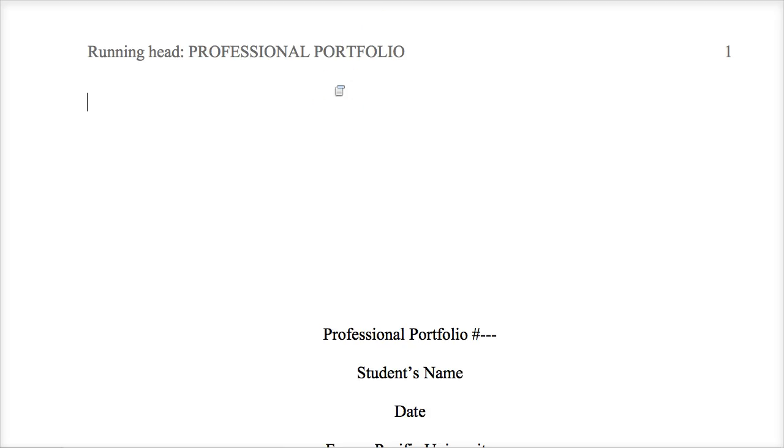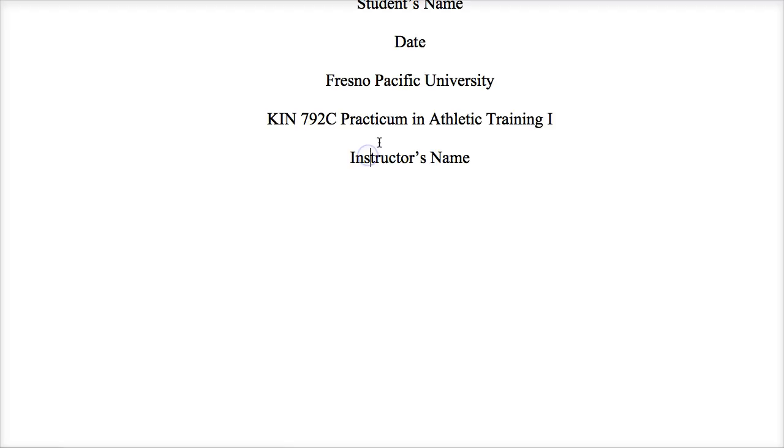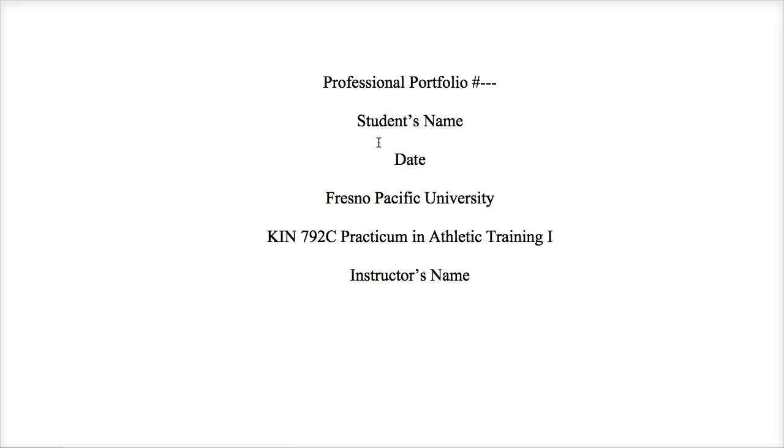So I have the professional portfolio in front of me, in front of you, and I provided you a Microsoft Word document that's already been formatted for you, so hopefully you can just follow along. And so on the title page, each time you do a new portfolio, not new rough draft, so we'll start off with professional portfolio number 1. In a month or so, you'll do professional portfolio 2, so forth and so on. Include your name, the date, Fresno, and all this stuff, and my name goes there. So your title page is done. Just got to make some changes there,